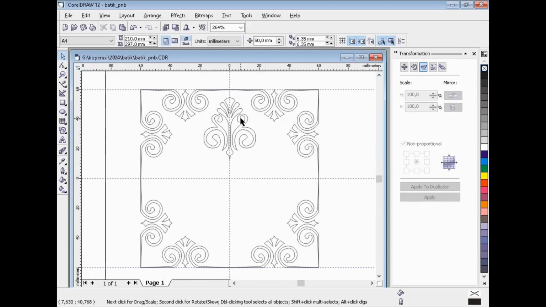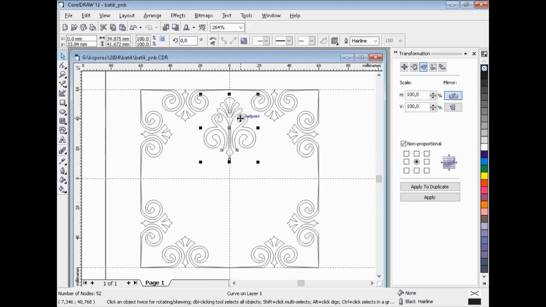We can choose this object and find transformation, rotate like this. Use angle. Maybe I want to use 90 degrees and the center point is 0.0 here. If we apply to duplicate, the result looks like this.